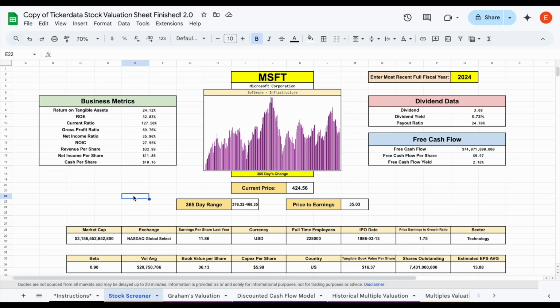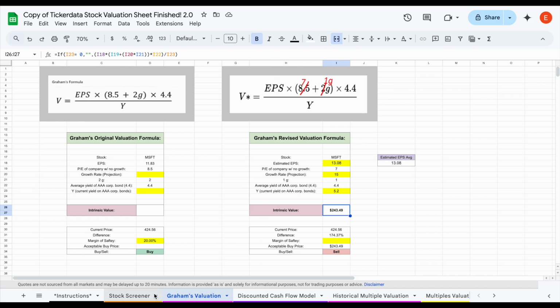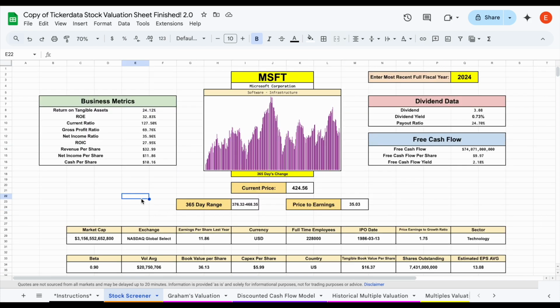So we've now looked at 7 different valuation models, and we were actually able to run through each of these fairly quick simply because we were able to automatically import the data into our spreadsheets thanks to the help of the ticker data add-on. Now, if you don't have the ticker data add-on, you'll have to copy and paste this data into your spreadsheets that you built out, and there are different places you can find the data, maybe such as Yahoo Finance or Seeking Alpha.